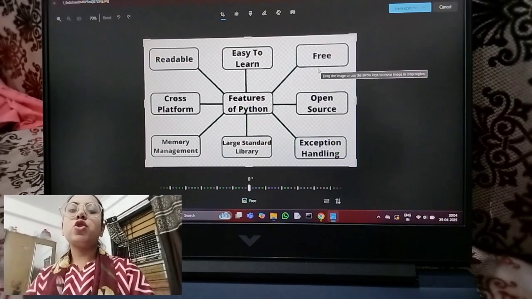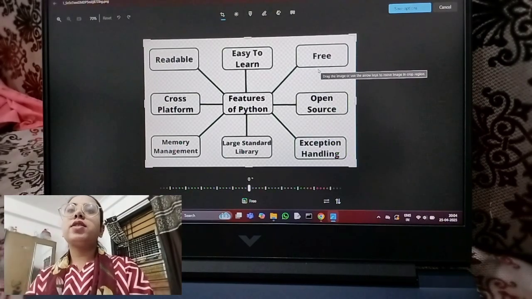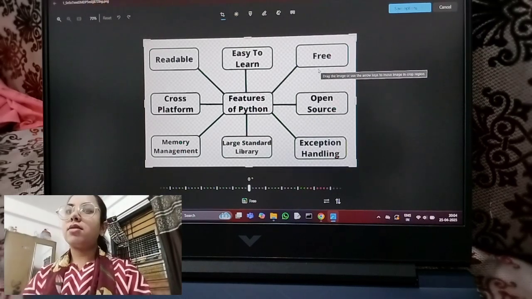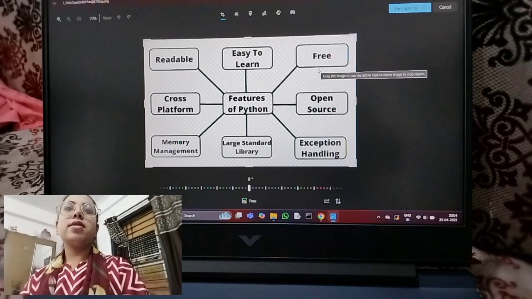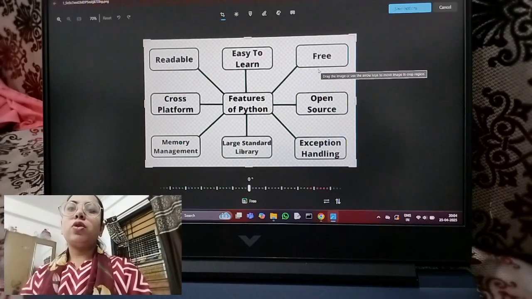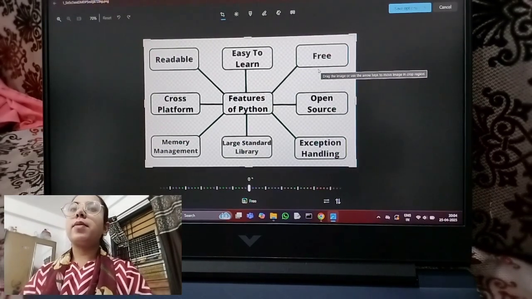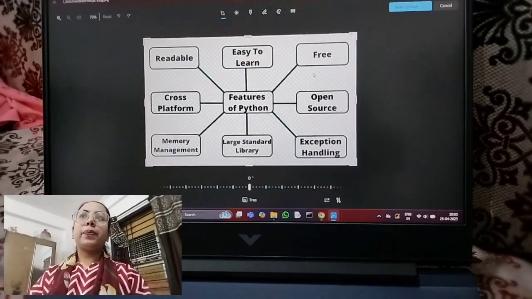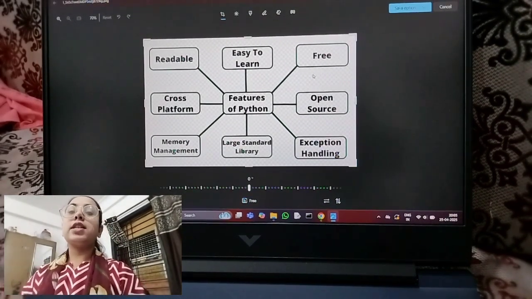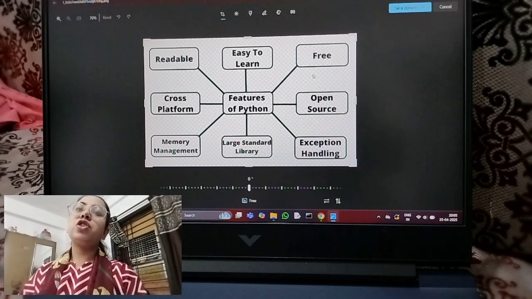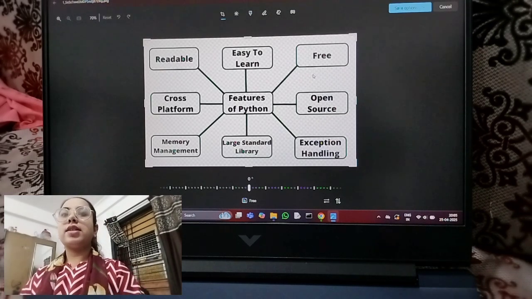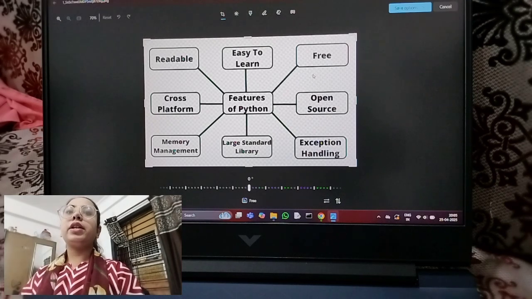Now, moving on to features of Python, we can see first it is readable. Because of its easy syntax, it is easy to read. Next is easy to learn, for the same reason, the simple syntax. The syntax is simple because the words used in the syntax are the words which we use in our day-to-day life. So the basic words are used in the syntax, so we can implement it to make a syntax and further